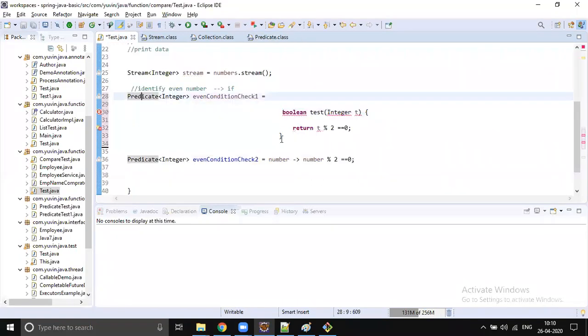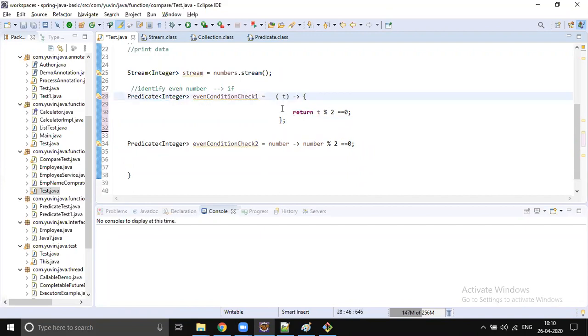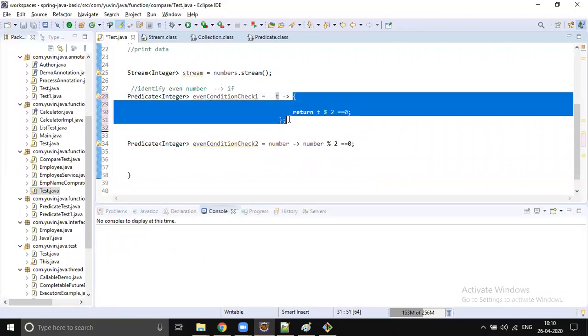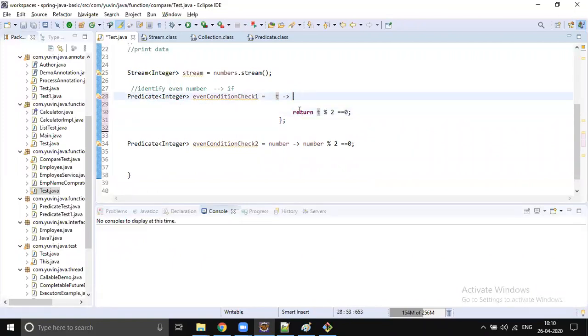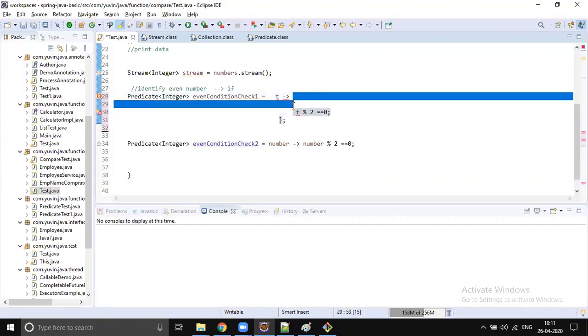When it has only one abstract method, you know the signature of that method: what it's going to return, the name of the method, and what type of argument it's going to take. But you must add an arrow between the parameters and the implementation, right? So this is one level of lambda expression. If we are passing exactly one parameter, remove the parentheses, and if our implementation is exactly one line, remove the curly braces and the return statement.